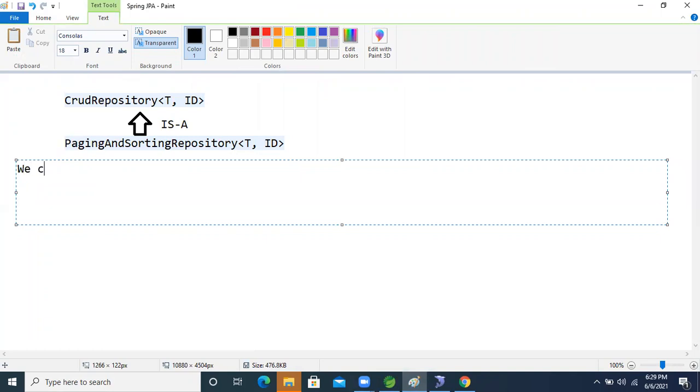Using this, we can define our repository interface using PagingAndSortingRepository.